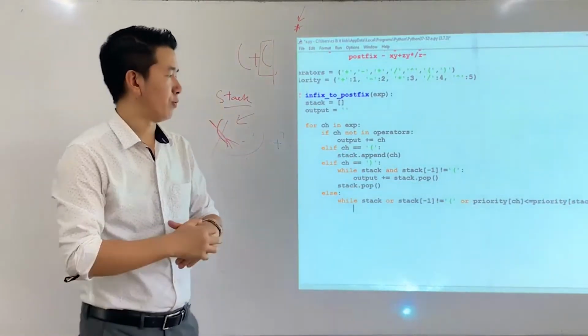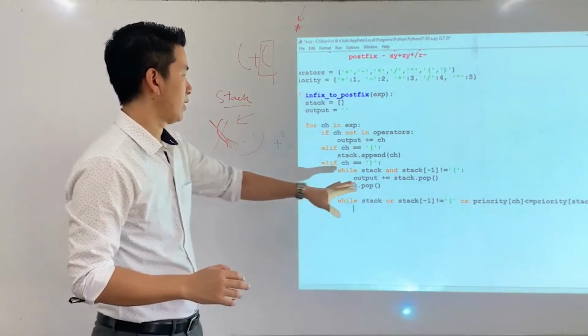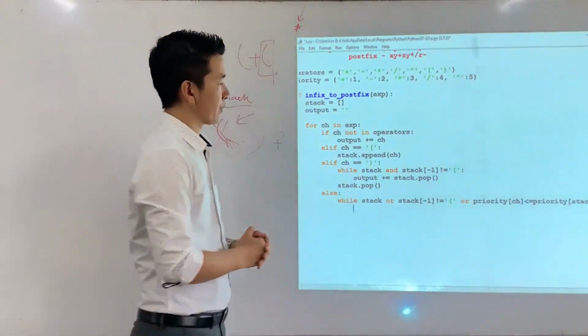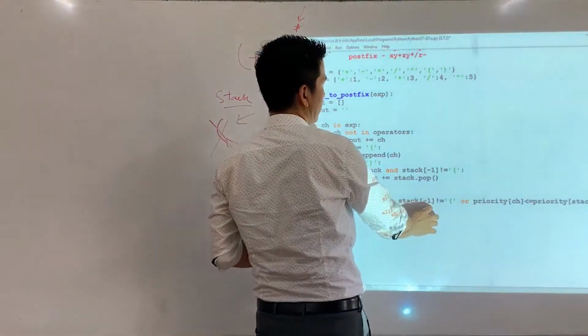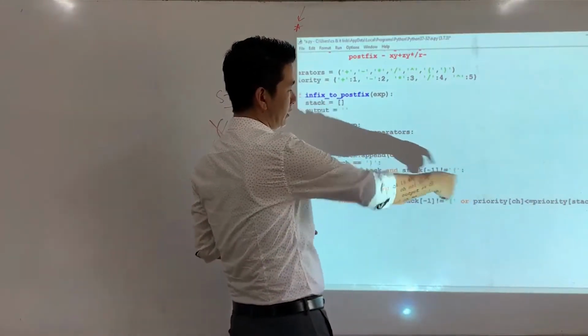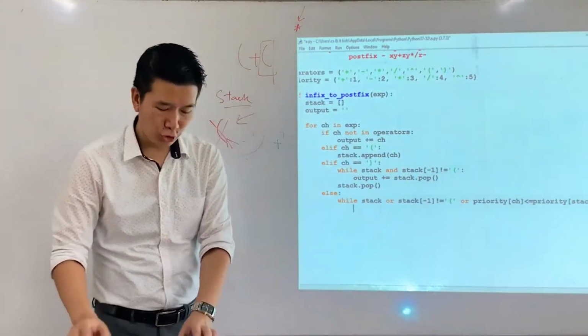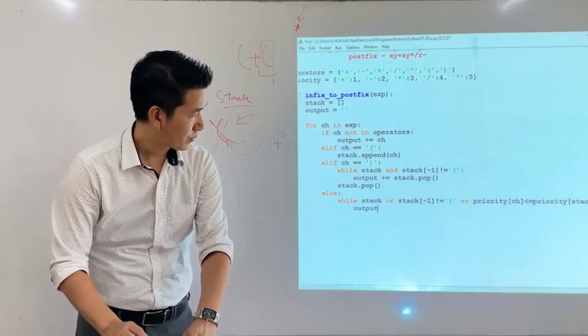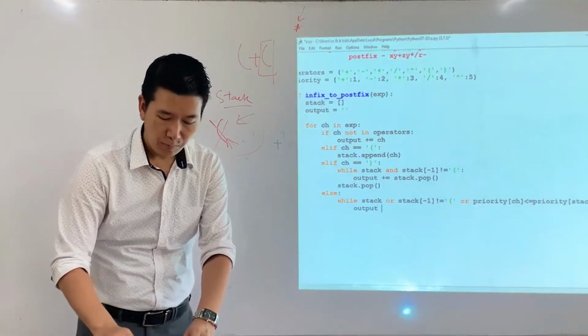So if the condition is true, if the stack is not empty, if the stack of minus 1 is not equal to this, okay, or that, so if the condition becomes true, then I come here, I do this output, right, and then plus